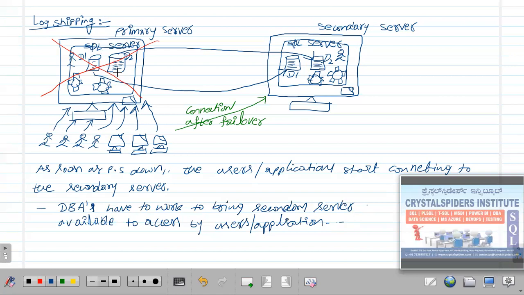First of all, sir, how are you going to set it up? This is a primary server and this is a secondary server. If any changes are done in this database, how do you move these changes from this server to this server? What I'm going to do is take backups. First, I will take an initial full backup of this database and restore it here. Then I will schedule a job. I will create one job and that job will take the transaction log backups, and I will restore those backups in this database with the no recovery mode. I am going to keep taking transaction log backups every 15 minutes and restoring them here. That is what I'm going to follow.